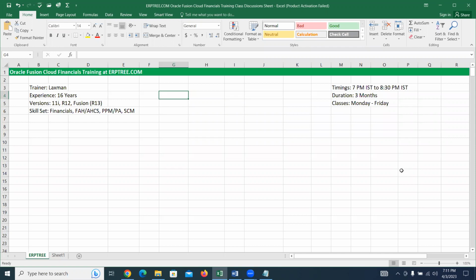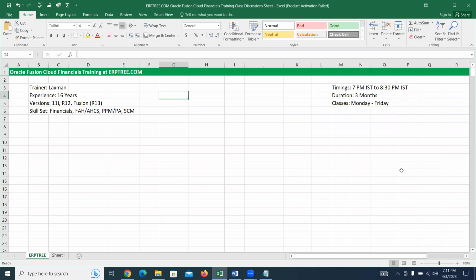In fact, the product name is Oracle Fusion Financials, but in reality, you are not going to deal with any financial matters. Everything is automated in the system. If you are not from a finance background, say you are from a BTech or MCA background, and I give you a plain paper and ask you to do some finance-related transactions or calculations, you may not be in a position to.